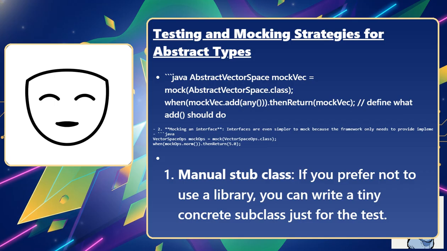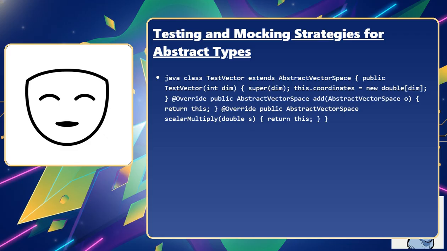If you prefer not to use a library, you can write a tiny concrete subclass just for the test. class TestVector extends AbstractVectorSpace { public TestVector(int dim) { super(dim); this.coordinates = new double[dim]; } @Override public AbstractVectorSpace add(AbstractVectorSpace o) { return this; } @Override public AbstractVectorSpace scalarMultiply(double s) { return this; } }